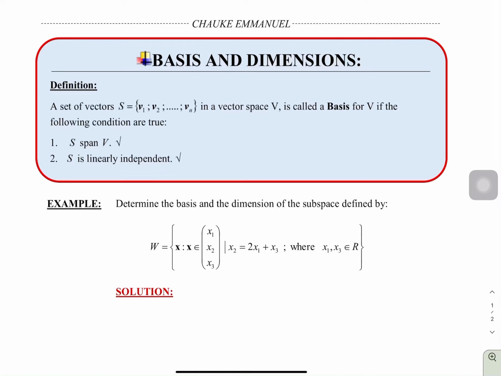Hi students, today we are discussing the basis and the dimensions of a subspace in a subset in the easiest way. Well, the depth of this content is largely taught in the linear algebra class, and before I do it,